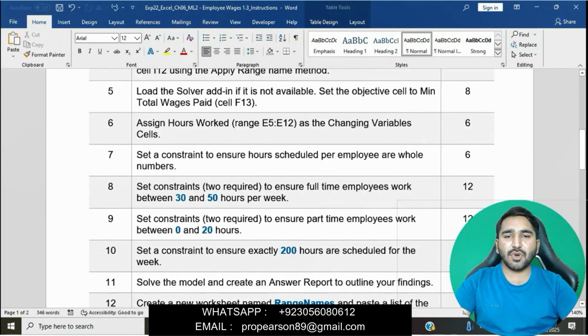Now the next question is question number 6. Assign horse worked range E5 to E12 as the changing variable cells. Now we will assign the hours worked in this solver.